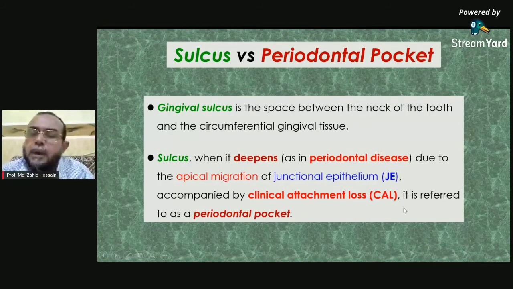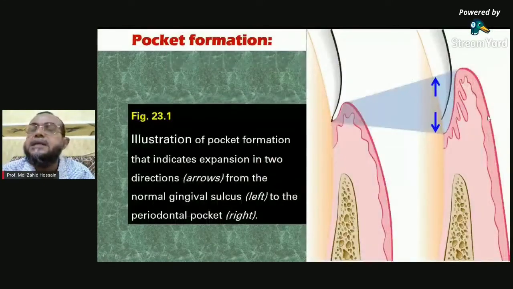When the inflammatory process starts, it is gradually destroyed, and then the junctional epithelium becomes detached from the tooth and starts to form a pocket. So usually for a true periodontal pocket, you will find more than 3 millimeters, and if you see the radiograph, you will find that bone loss is there. It means the junctional epithelium is not attached to the cemento-enamel junction, it has migrated apically toward the root. You can see that the pocket can extend in both directions, coronally and apically.